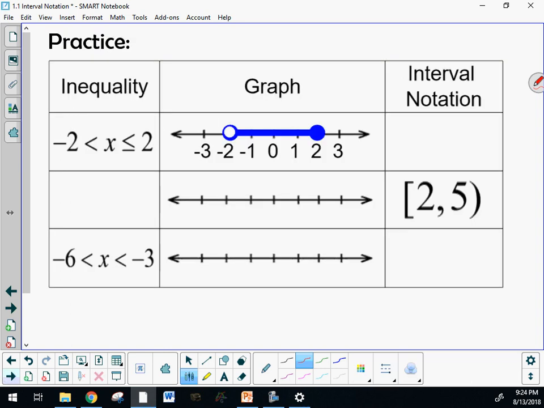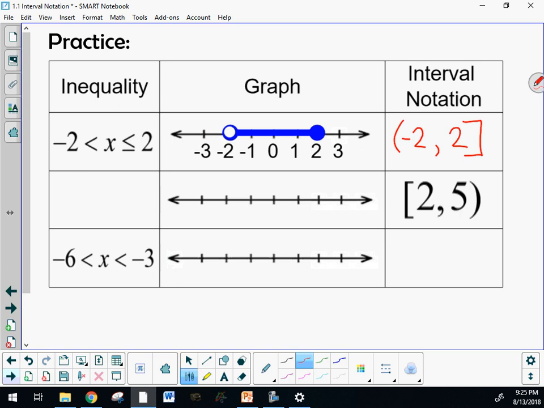So here's a couple that we're going to practice. This first one, the inequality and the graph are both here. If we wanted to write that in interval notation, we would say from -2 to 2, and that +2 is included, so we would use a bracket. So this notation here